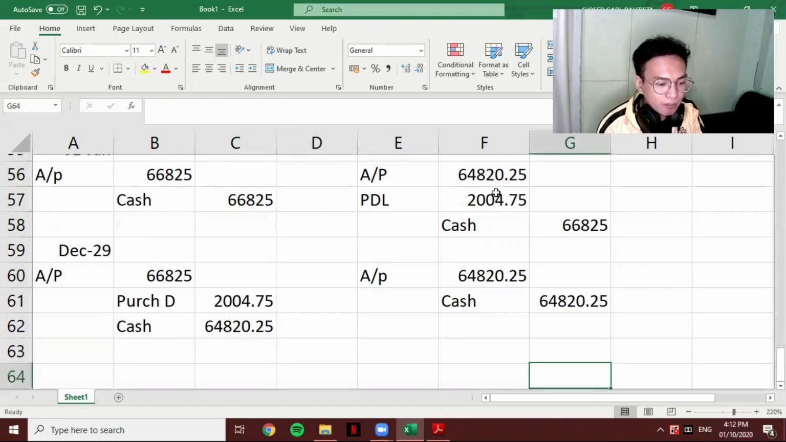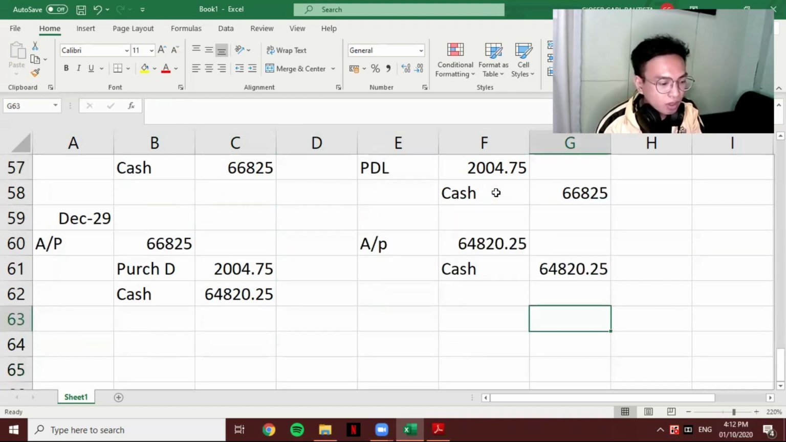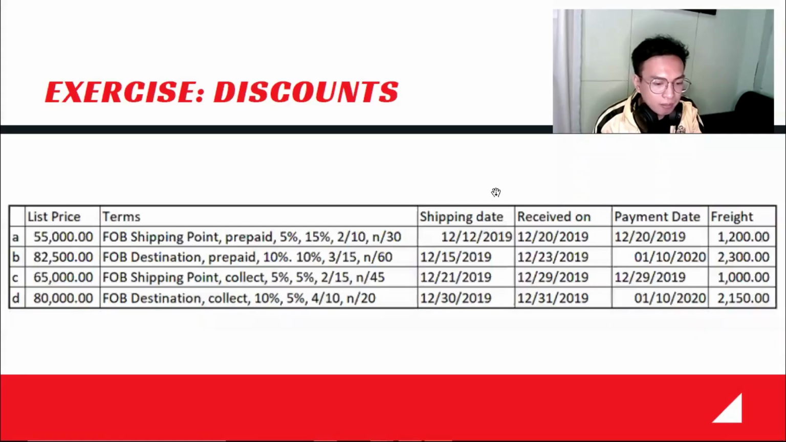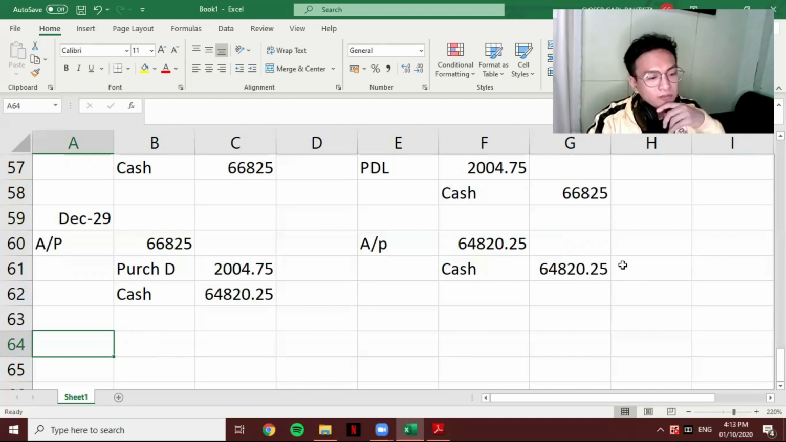What if nagkaroon tayo ng return? Yan. After our payment. Ganun nga yung nangyari. Nagbayad na tayo, na-receive natin yung ating, yan. Kuha natin siya ng January 10. So, let's say, January 12,